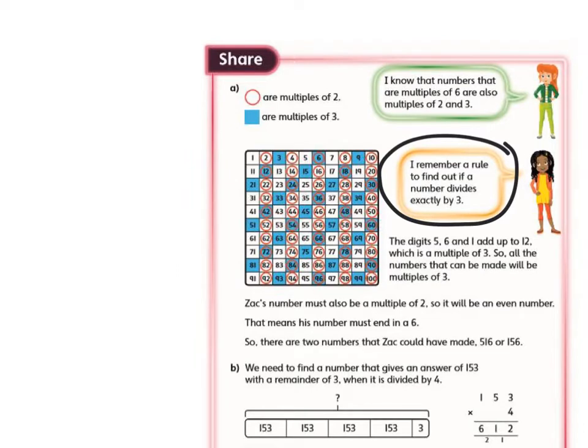So if we look at 124, for example, 1 add 2 equals 3, add your 4 equals 7. 7 is not a multiple of 3, so that would not divide by 3. If our number was 123, you do 1 add 2 equals 3, add your other 3 equals 6. So we know that 123 would be a multiple of 3. So looking at this here,